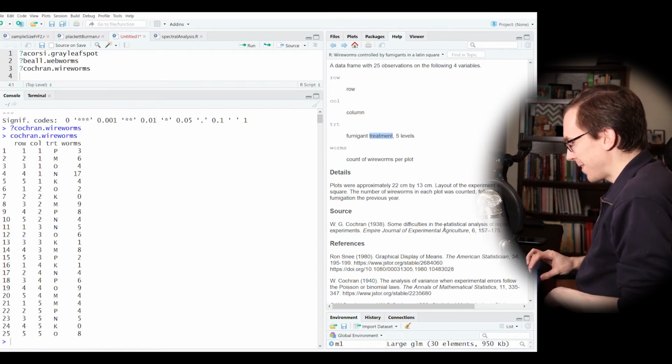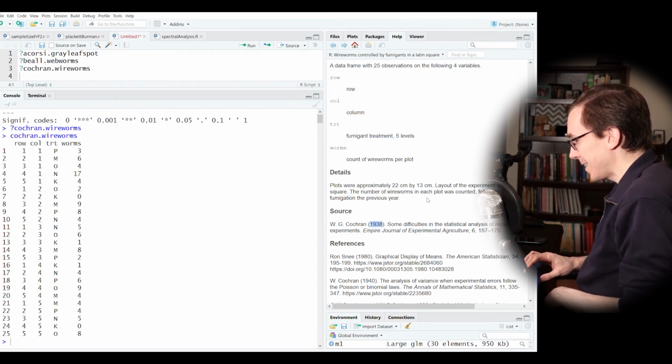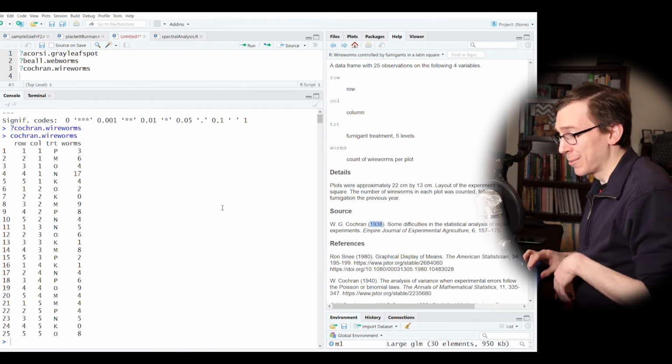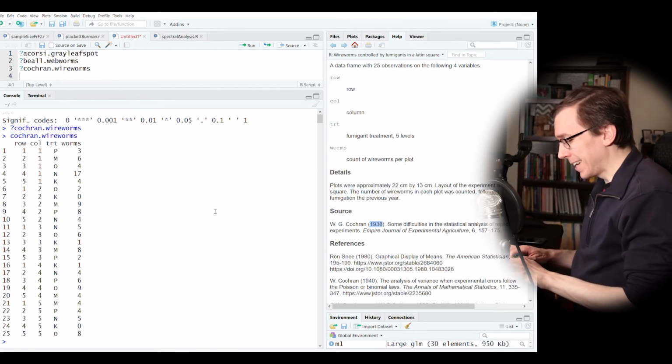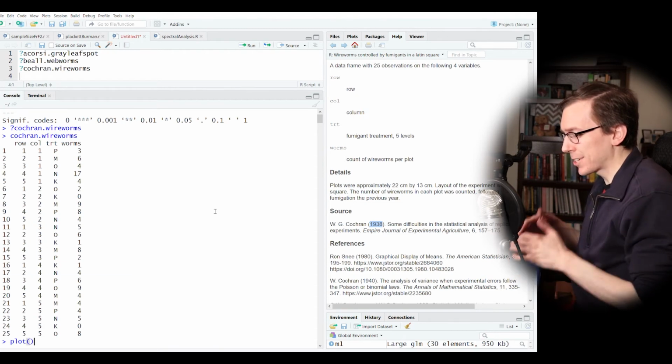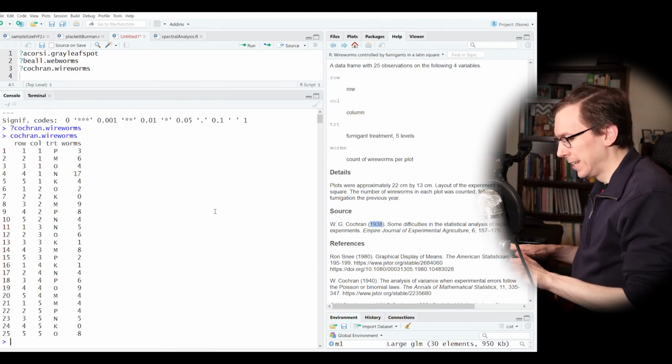Documentation means we're going to have to go look up Cochran's 1938 article. I'm not actually going to do that. We're just going to look at this as a Latin square design. Now, again, I always like to look at the actual data that we get out. So let's